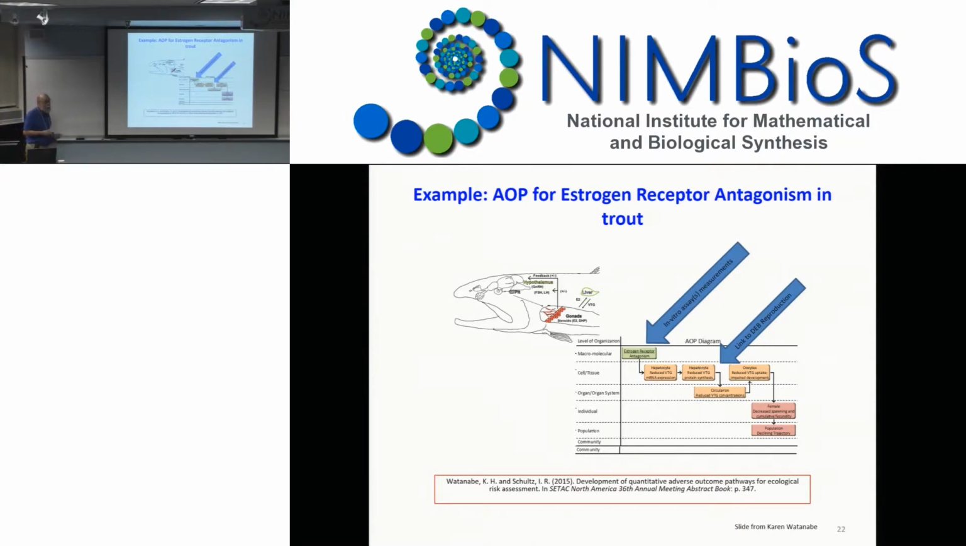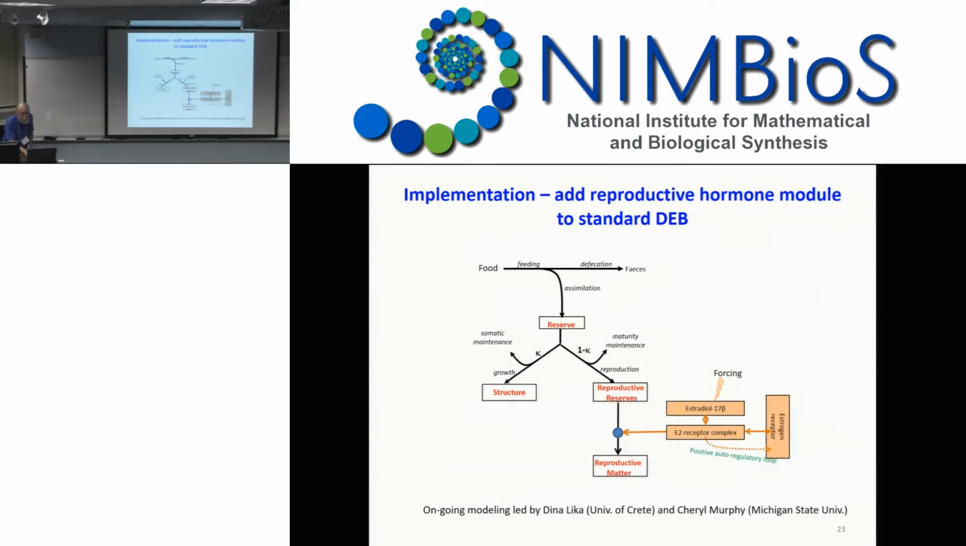And this slide, which anyone who was at CTAC last year may recall, illustrates an example, again, from the Nimbus working group. This is a characterization of an AOP associated with an endocrine disruptor that is relevant for some fish, including trout, and Cheryl and Dina Lika in Greece and a number of others of us in the group are working in a study that takes the DEB model and then couples it to a simplified quantitative characterization of the